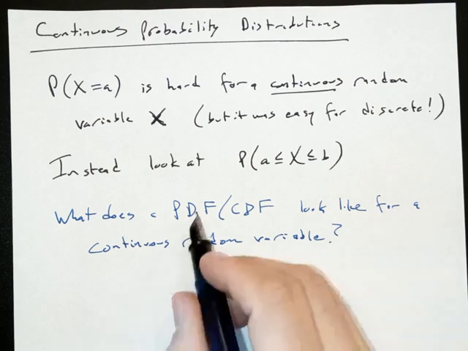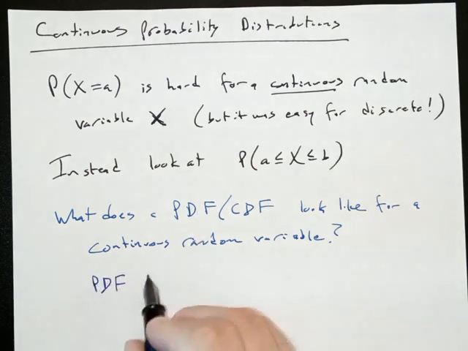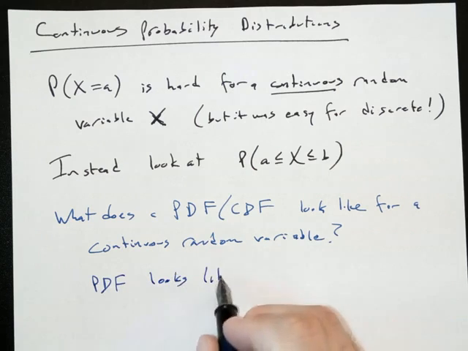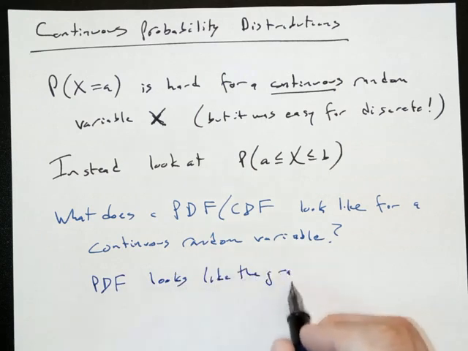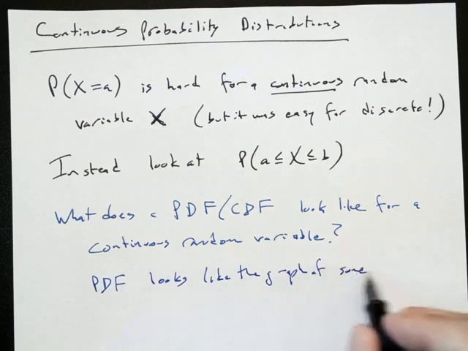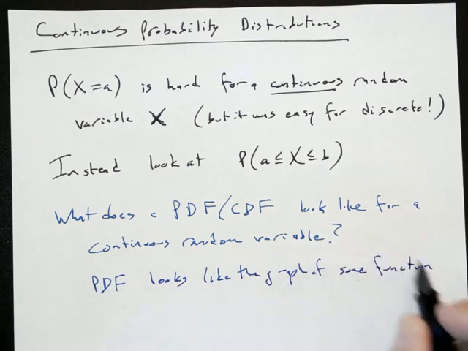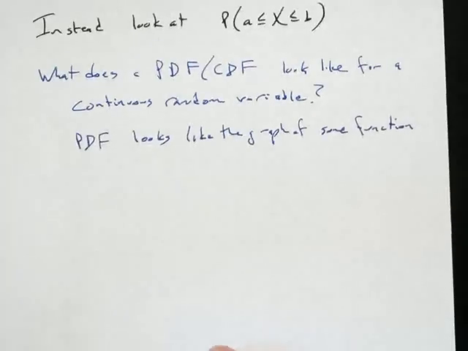So really, a PDF is the graph of a function. Algebra class, I got to go all the way back to algebra class and think about graphs of functions. I have the x-axis, I have the y-axis, I have a piece of graph paper in my head at the moment, and I draw some sort of a shape, and that shape is the graph of a function. If I want to be more pedantic,